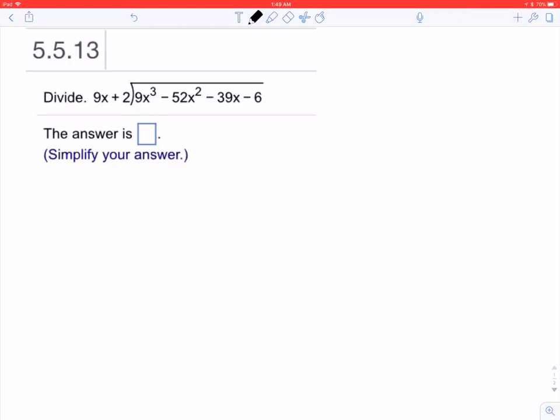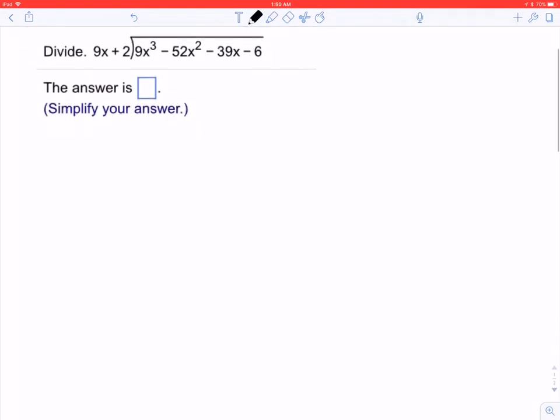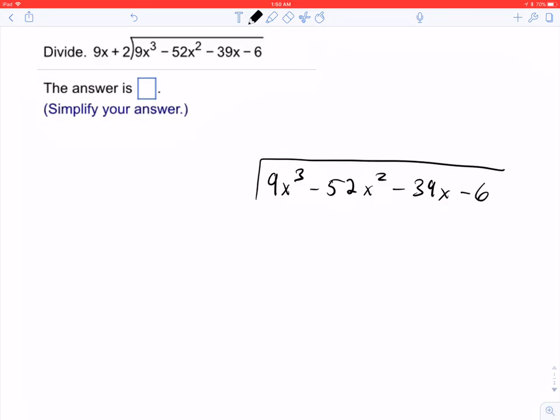So this question comes in about polynomial long division. So let's take a look at it. We have this third degree polynomial divided by a binomial, a linear binomial. This is done the same way as if it was just regular long division with numbers, just with some tweaks done for polynomials. So if we have 9x cubed minus 52x squared minus 39x minus 6